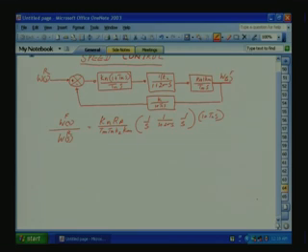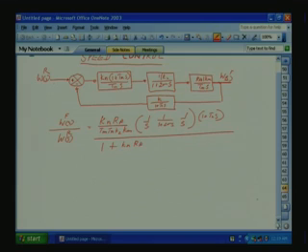This is from here, divided by this, the open loop gain, from here to here, not the feedback loop, that is the GS part, plus 1 plus